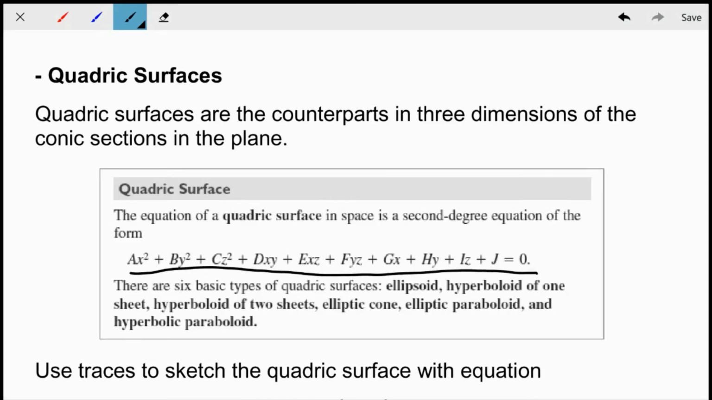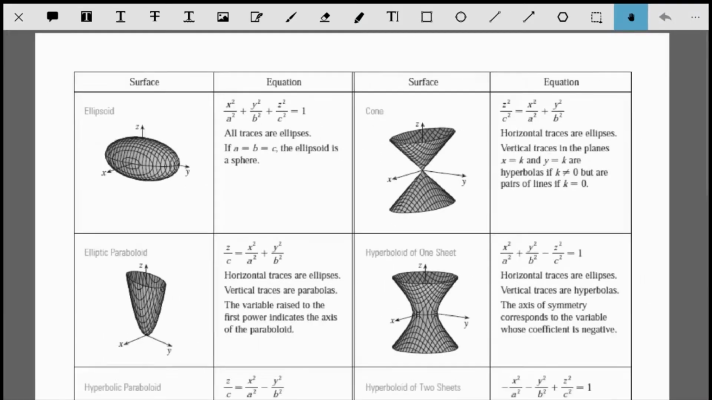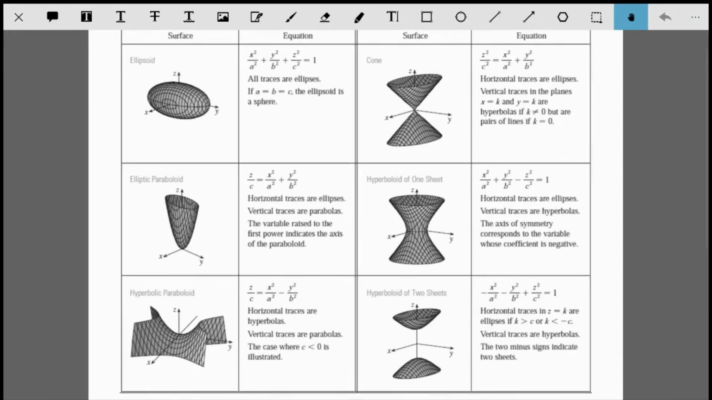If you think about when you work with conic sections in 2D, there's a standard equation similar to this. The difference now is we're adding in that Z coordinate. But notice that we have 6 different quadric surfaces. So we have what's called an ellipsoid, a hyperboloid of 1 sheet, a hyperboloid of 2 sheets, an elliptic cone, an elliptic paraboloid, and a hyperbolic paraboloid. So in terms of what these look like, if you look at the next page, these are the shapes that